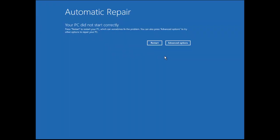Hello guys, if you are getting a blue screen error like this, "Your PC did not start correctly, press restart to restart your PC," which can sometimes fix the problem. You can also use the advanced option to try another way to repair your PC. Advanced options, take that,